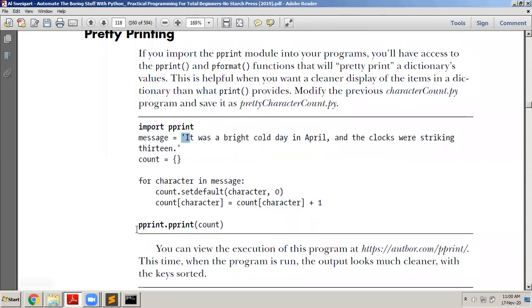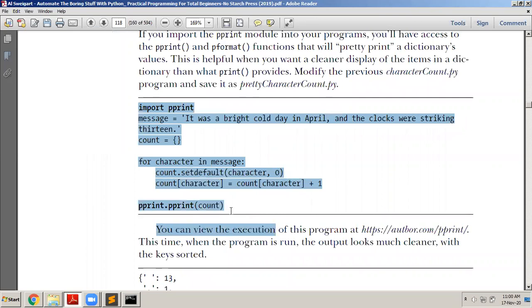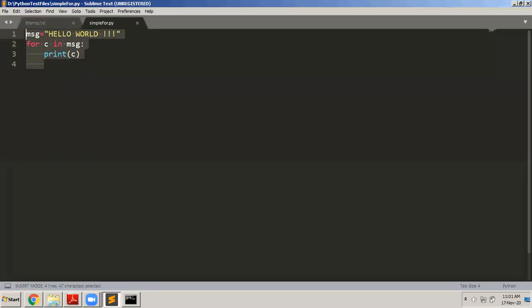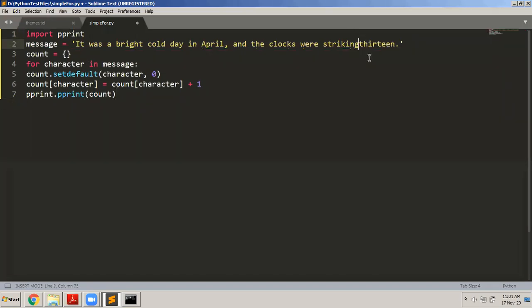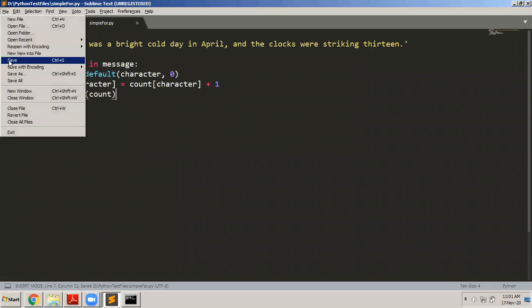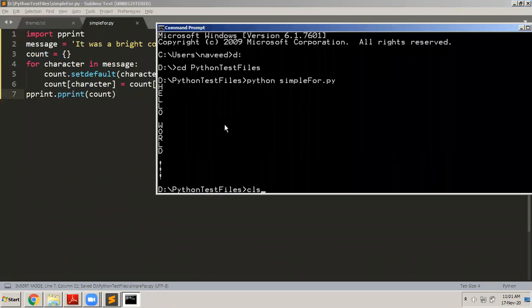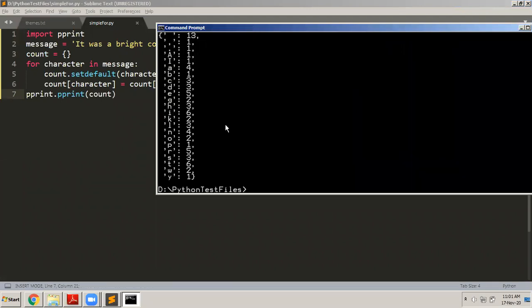Okay, and then finally, if I do pprint.pprint count, what is count? Count is a dictionary. Then you will see the output. So if I want to display a dictionary, I can display it like this.